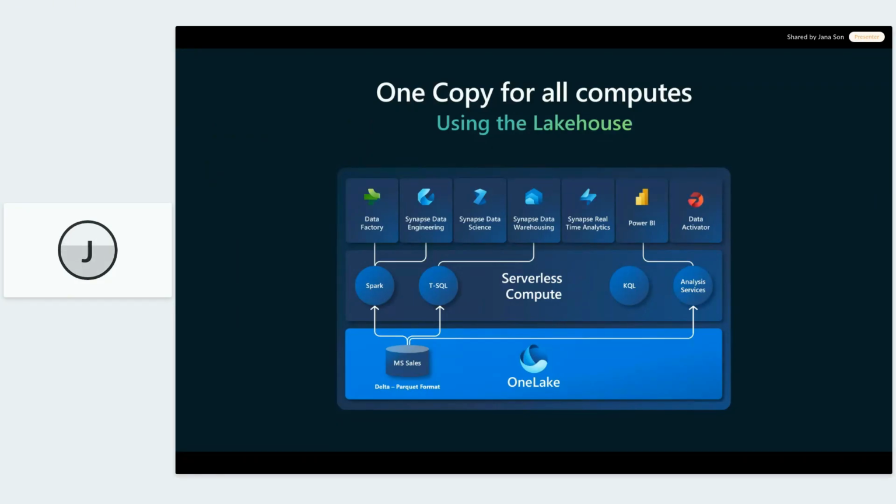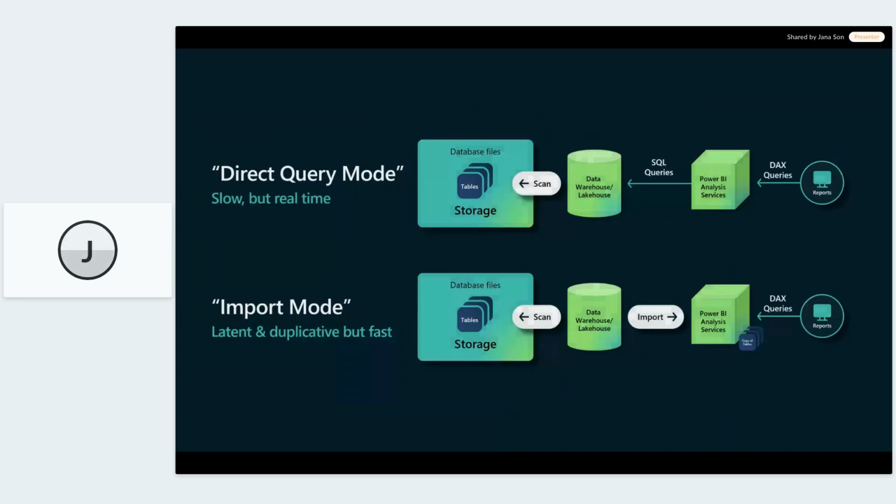But one engine in particular stands out, and let's take a look. And it's the Power BI or Analysis Services engine, and it too can natively read Delta now. And it's a very big change in how we build BI solutions, because in our past approach with Power BI, if you work with it, you're familiar that we have two options when we're building reports in terms of connectivity. We either have the direct query mode or import mode, much like constructing OLAP or MOLAP cubes.